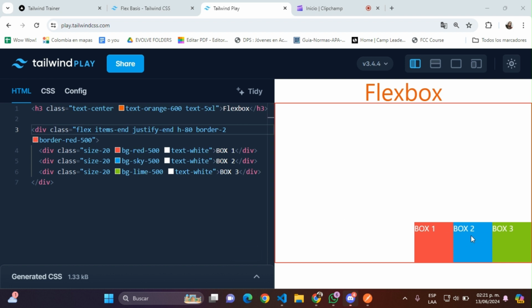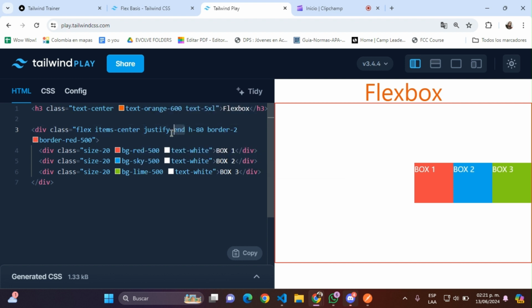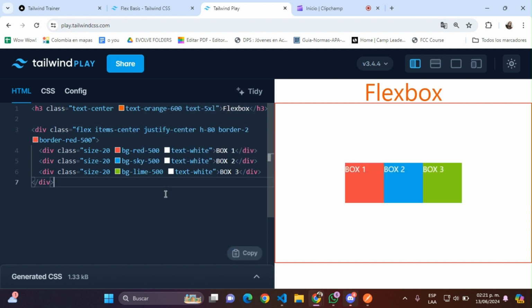Let's just put both boxes in the middle of the container. That is the nightmare for people who work with backend. So let's do that example. So this would be items-center, and we go justify-center. And that's it. It's not so hard, is it? So I don't know why people in the backend just struggle so much to put those things in the middle,